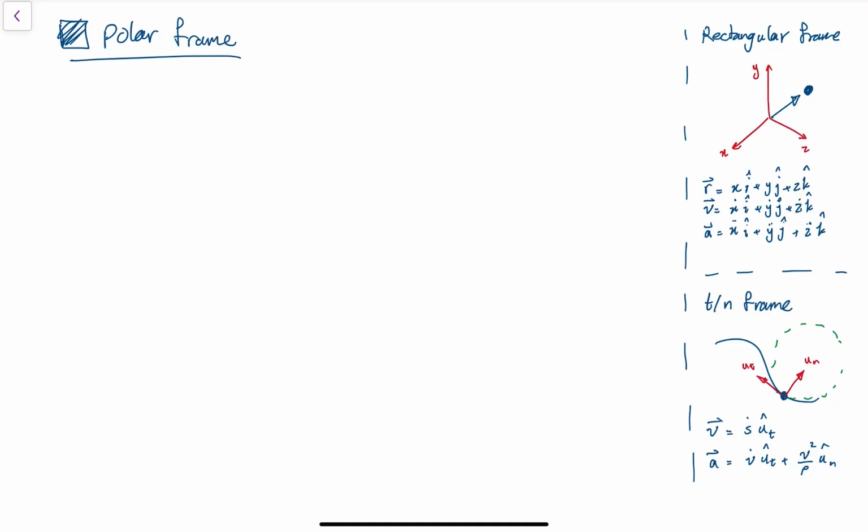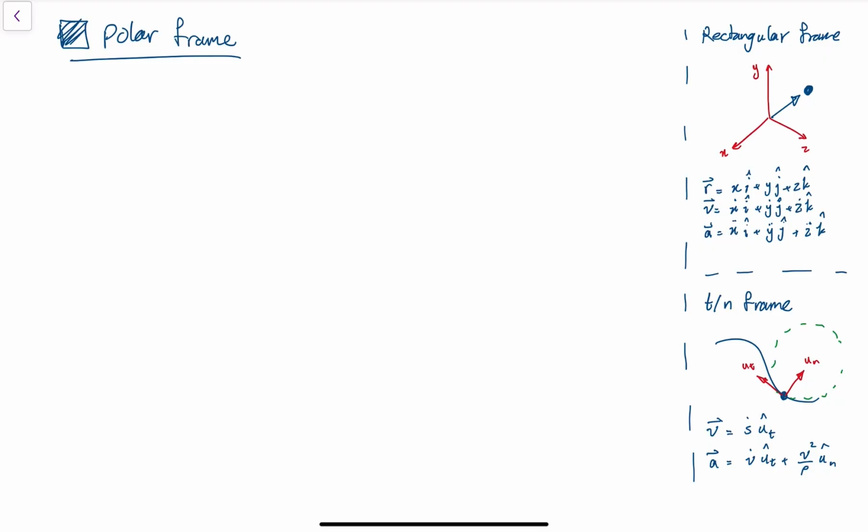A good example was a projectile motion when we knew we have acceleration only in one direction, in the vertical direction, and there was no acceleration in any other direction. So this separation between different axes was well suited for rectangular frame. We also looked at tangential normal when we had